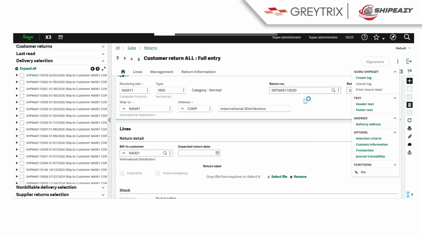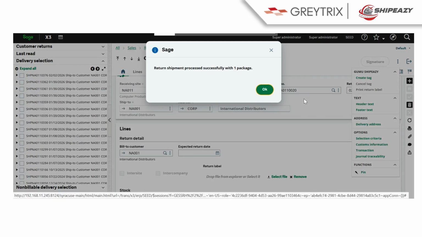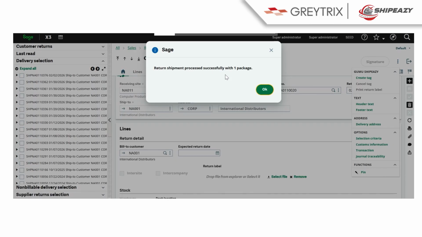This sends the return shipment details to UPS, generates the return label, and saves the master tracking number in Sage X3. As you can see, the return shipment is now processed and the return label is attached to the customer return as well.